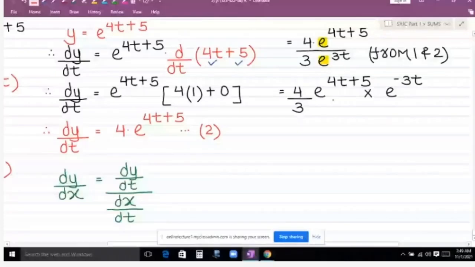Then this will result as a raised to m into a raised to n, which is equal to a raised to m plus n. So you will get the answer as 4/3